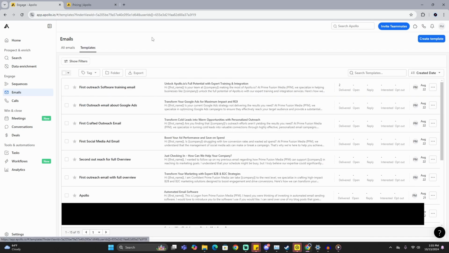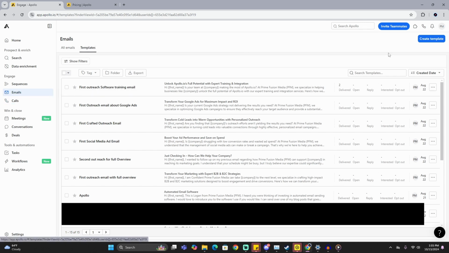So to actually create an email template, which can be the first step of creating a sequence, obviously email templates are going to be way easier when organizing your sequence, and you can always use that template in the future as well. So I always recommend just creating the template. Don't just create a sequence with the individual emails that aren't templates, because then you won't be able to use those in the future. So to create a template, again, we're in the emails tab and we're going to go